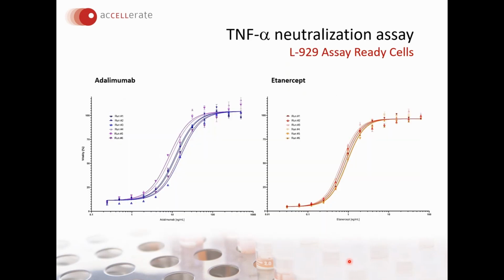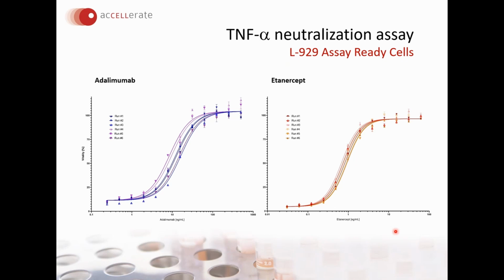This is an example where we have applied pre-qualified Assay Ready cells in a TNF-alpha neutralization assay, which is one of the most frequently used assays to determine the potency of TNF-alpha neutralizing antibodies. So we tested here adalimumab and etanercept, and again have run the assay multiple times with the Assay Ready L929 cells. Again, one single aliquot has been thawed, dispensed in the assay plates to run the neutralization assay, which